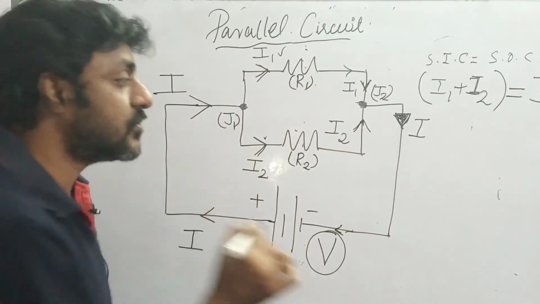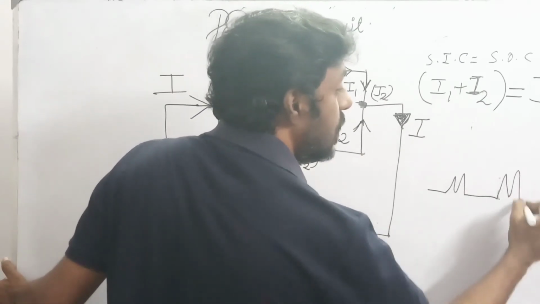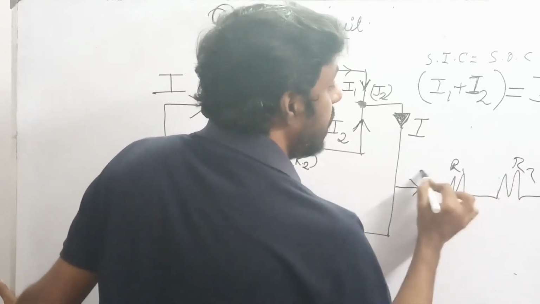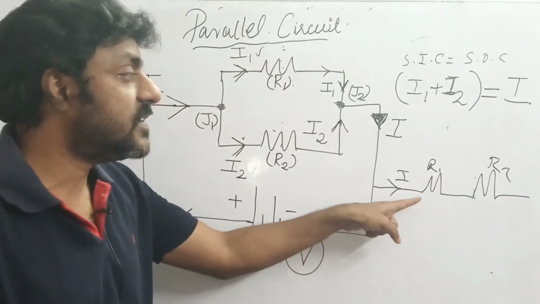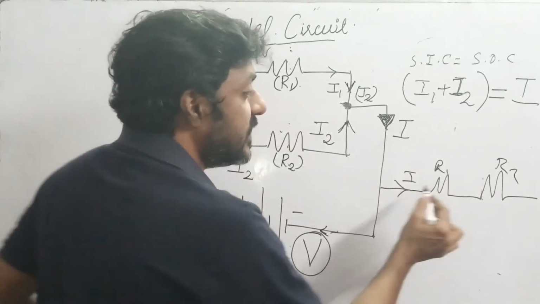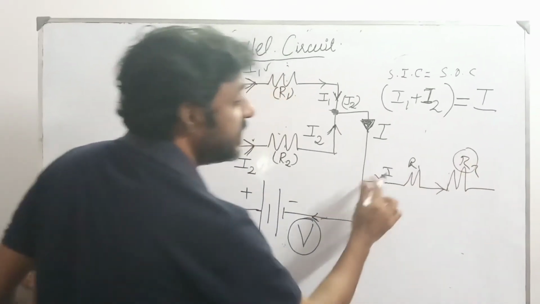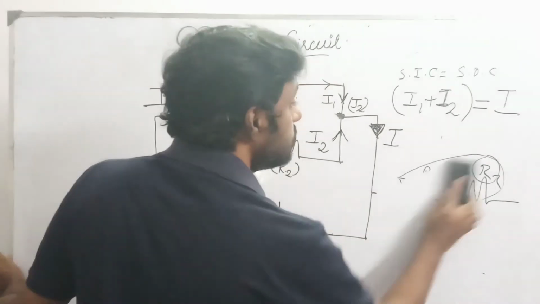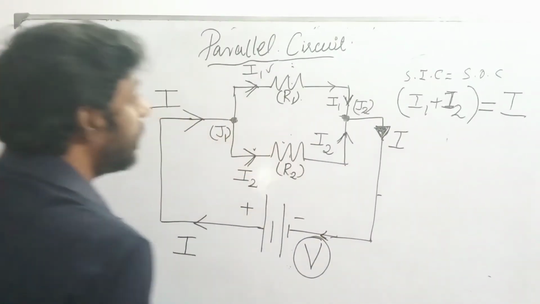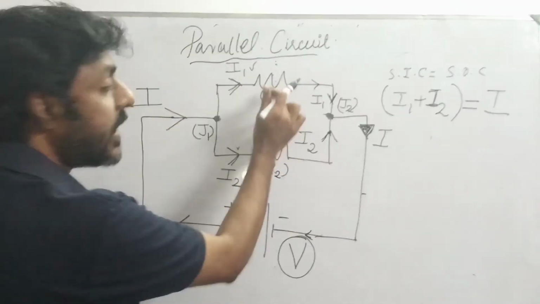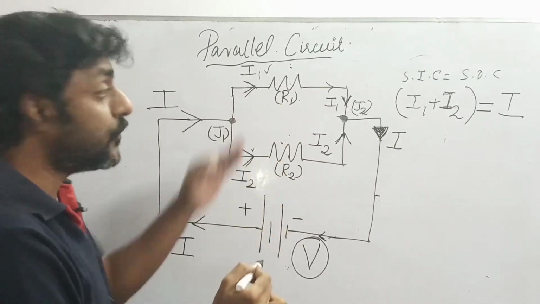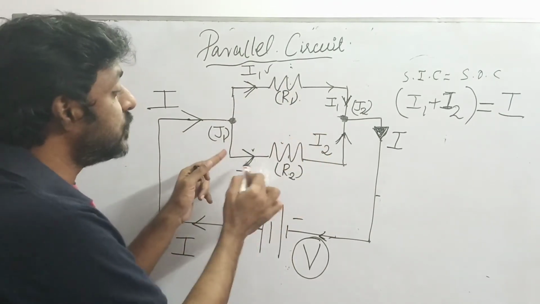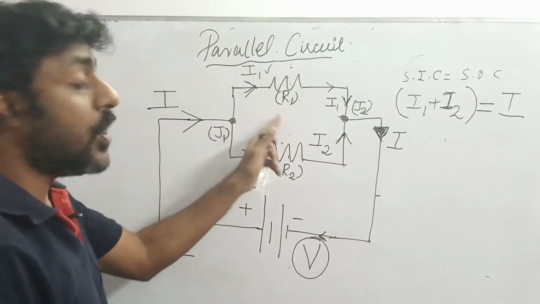In a series circuit, what we saw is the resistors like this. The current which is entering into the resistor R1, R2 will be the same. If I is the current that is entering into this resistor R1, similarly the same current will be entering into this resistor R2. This is all about a series circuit. But in the case of a parallel circuit, the 2 resistors R1 and R2 will be having different values of current, I1 and I2. I1 is the current that is flowing through this resistor, and I2 is the current that is flowing through this resistor, right?